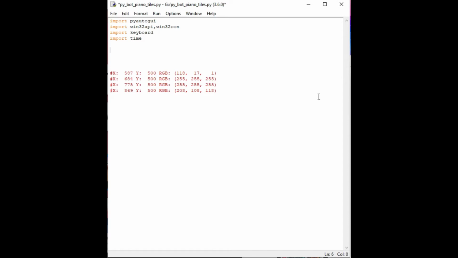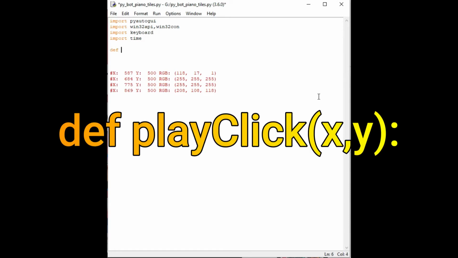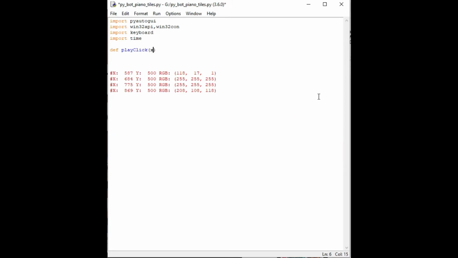Now let's start writing the code. Let's create a function for clicking: def play_click, and let's get the X and Y position while calling the function, colon. In this function we are just going to move the mouse cursor to this X and Y and click it.